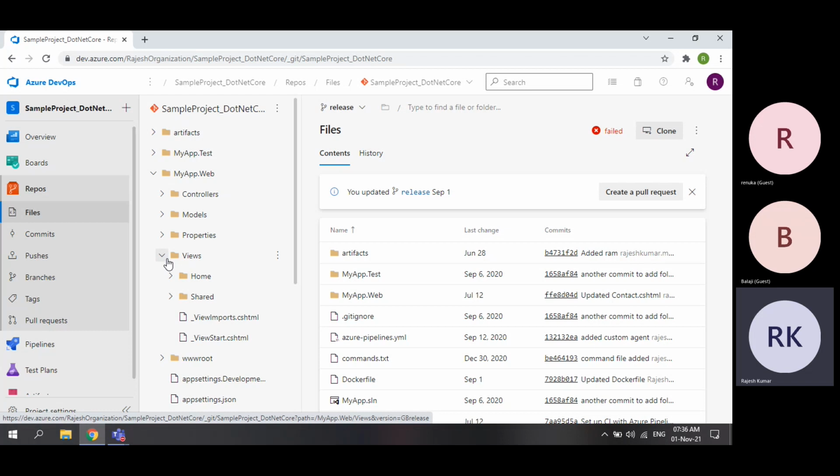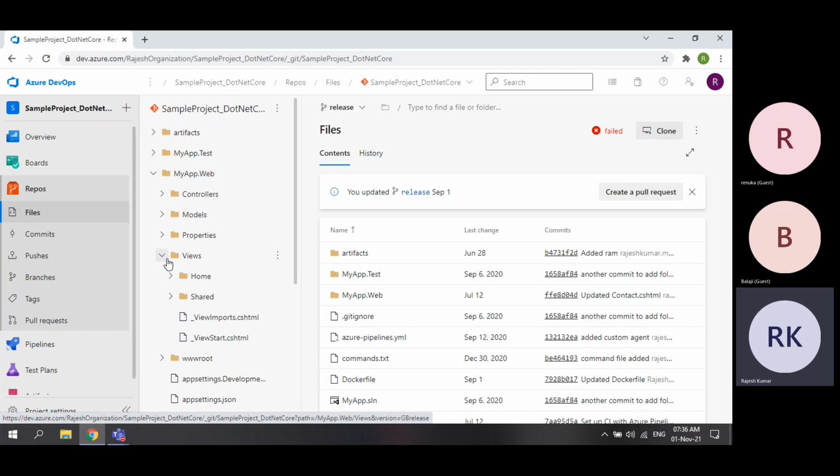Either they can go for servers or they can go for serverless computing. Okay, serverless computing is again a big concept. Serverless means it's a PaaS. So if you remember our cloud class, we talked about three services. One is infrastructure as a service, another one is platform as a service, another one is software as a service. So infrastructure as a service comes under servers.